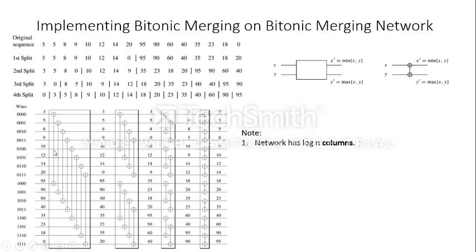In this way we are comparing in the first column, with respect to the four splits. There are four different columns. So I can say that this Bitonic merging network has logarithm of n columns, that is, there are 1, 2, 3, and 4 columns. And as we have discussed in the outline of the sorting network,